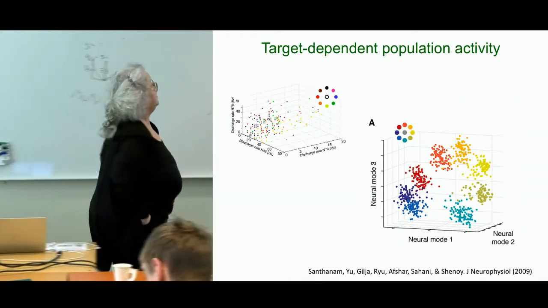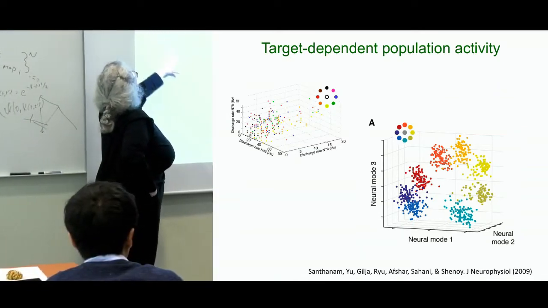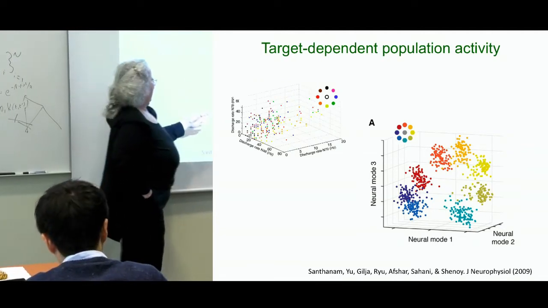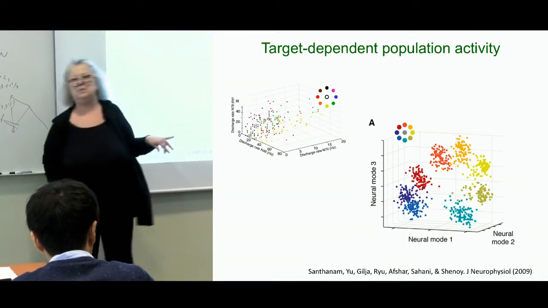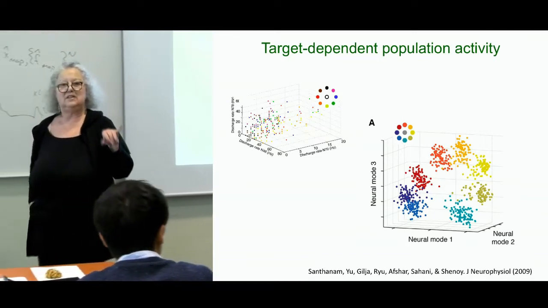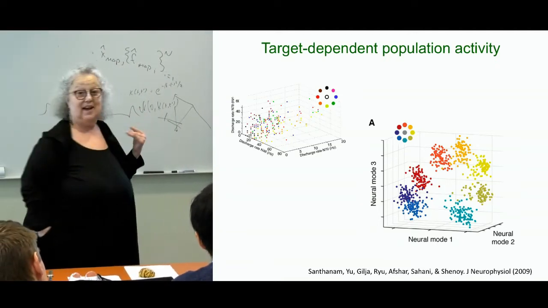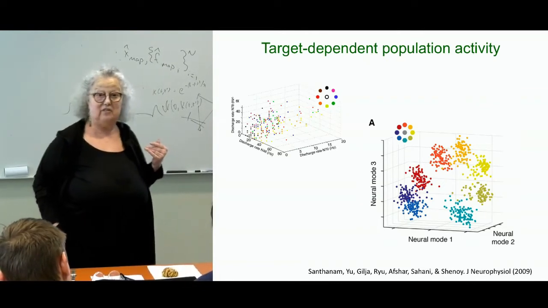This here is the very naive picture that I showed you earlier, where I'm just plotting the discharge of 3 arbitrary neurons as a function of each other. And this is work that Manish was part of many years ago. I think this was premotor, right? This is recorded in premotor cortex, not in M1. And what they did is use factor analysis to do an unsupervised dimensionality reduction, like